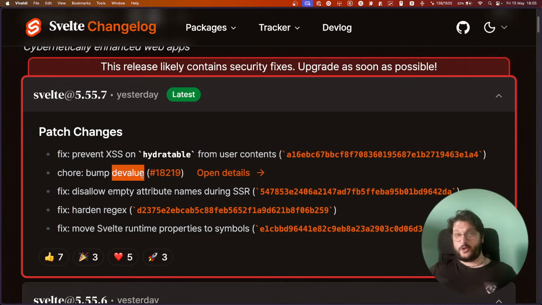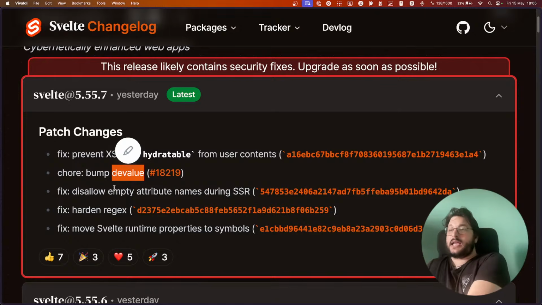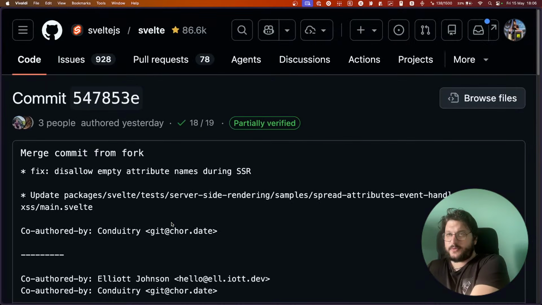There's a bump to the value, which also had a vulnerability. Disallow empty attribute names during SSR, which I assume... I'm curious.